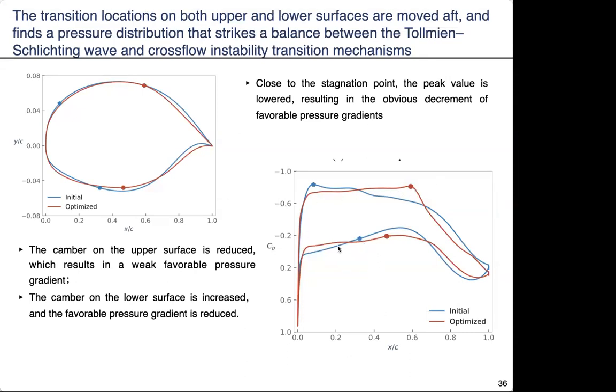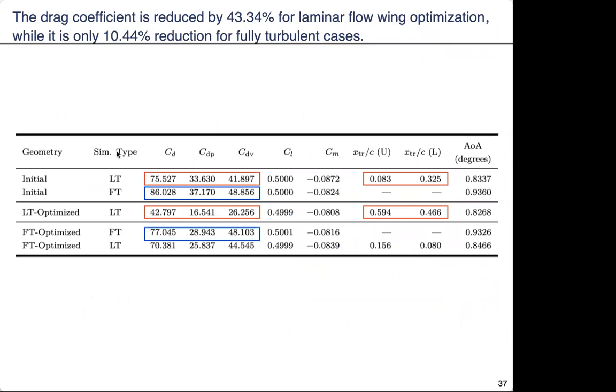For the lower surface, the favorable pressure gradient is lowered to reduce the cross-flow instability, and finally the transition location moves downstream. And finally, the drag is reduced by